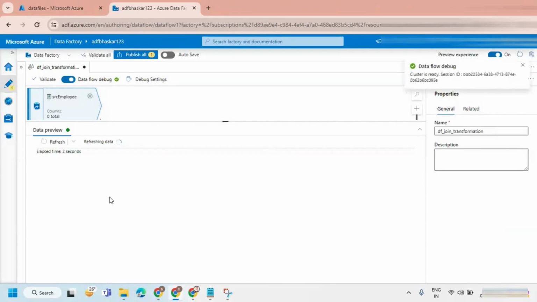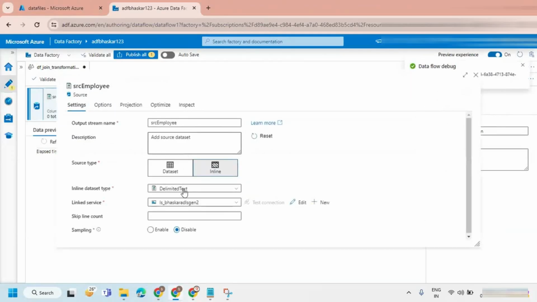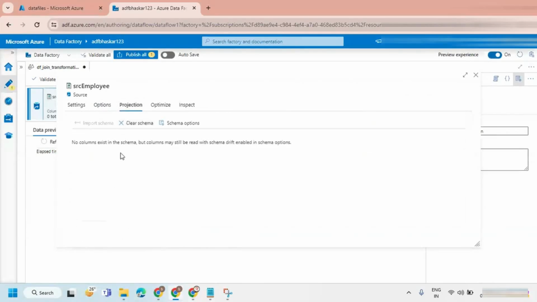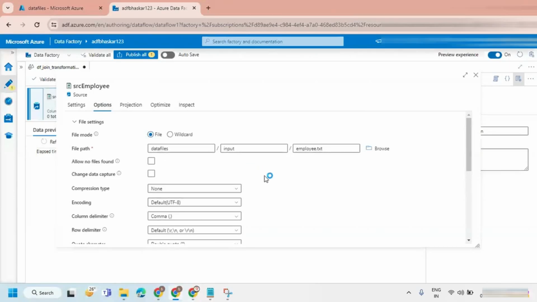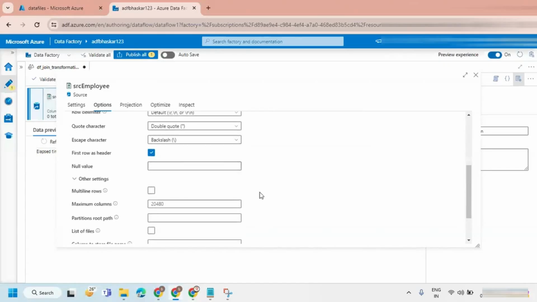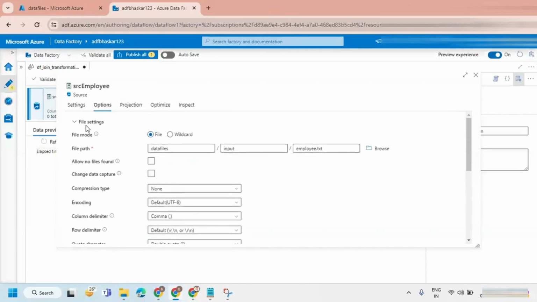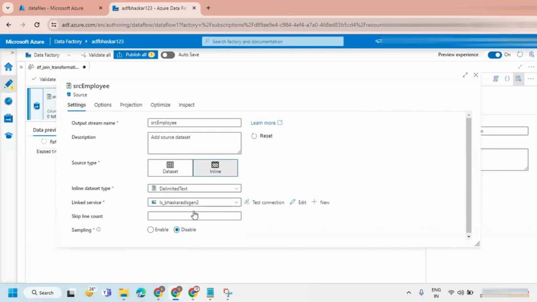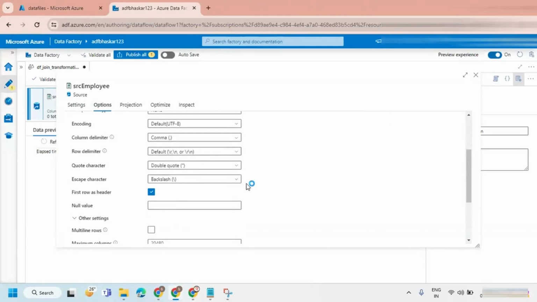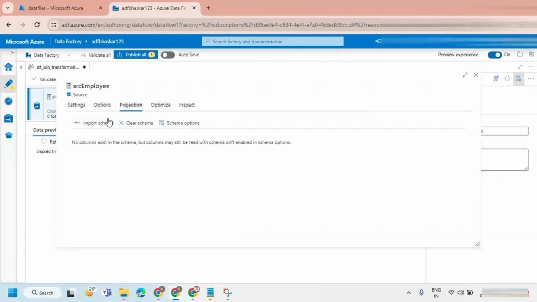First row as a header. Now it is available.